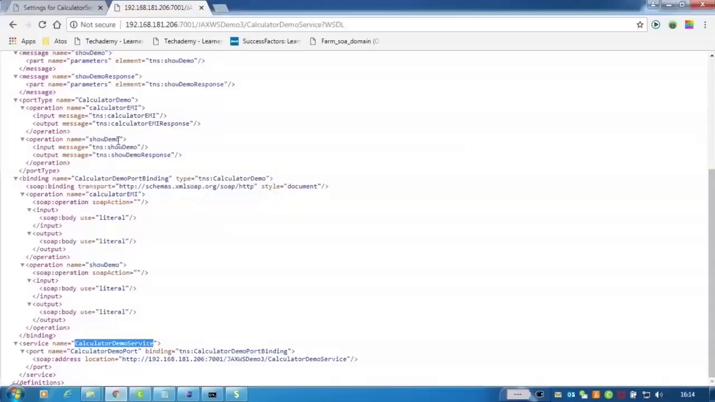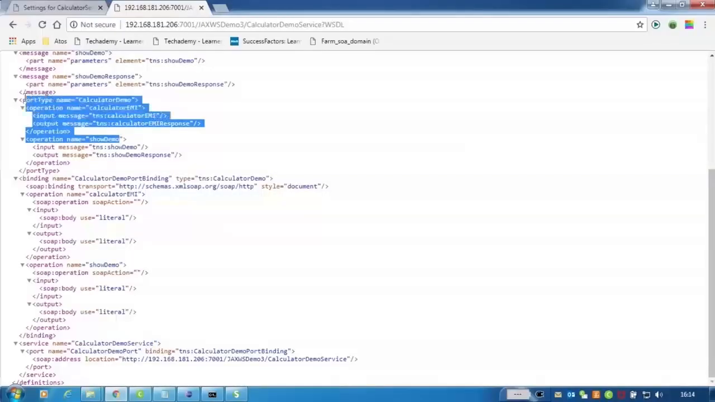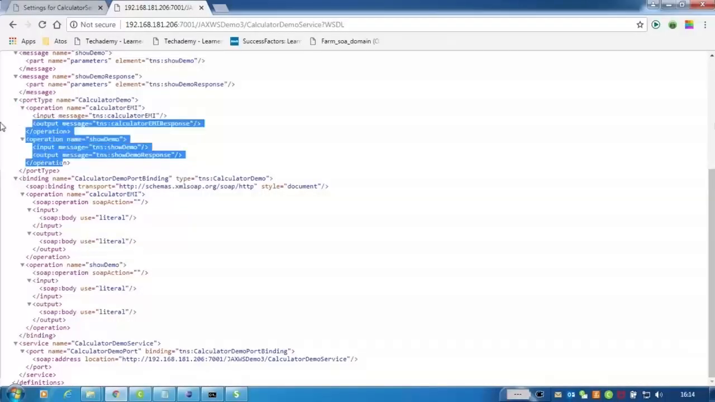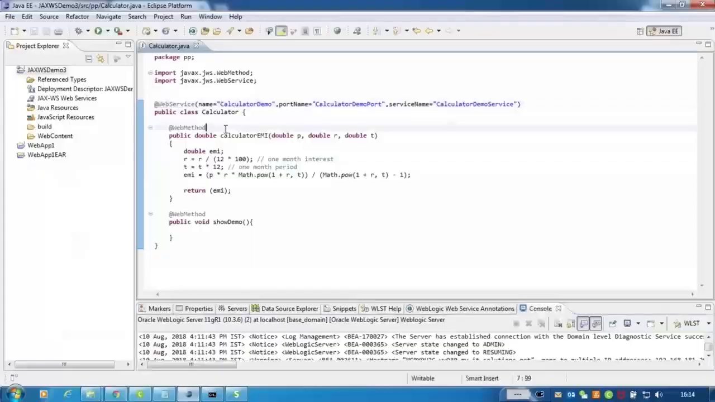Now I want to use some different operation name here. That means I have to change the operation name. If I want to use a different operation name, what do I have to do? Come to your project. Here I have to give a different name for your web method. So come to this web method and write here